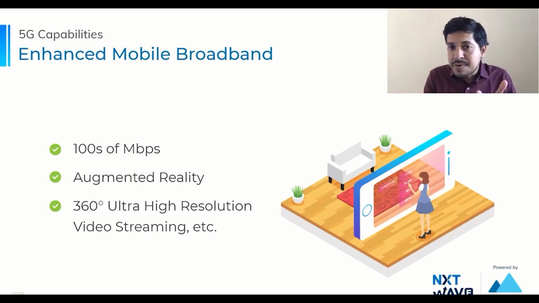So remember, it is ITU. There is a United Nations agency called ITU, which lays down the requirements for every generation of mobile networking. And the ITU, in their vision or requirements for the fifth generation of mobile networking, laid out this as one of the key requirements that the fifth generation of mobile networks need to support, which is user speeds on the order of 100 or a few hundreds of Mbps over mobile network. So that is one of the three capabilities that 5G networks are expected to provide, which were not possible in previous generations. That is the enhanced mobile broadband, or eMBB use case or capability. So that's one of the three use cases.